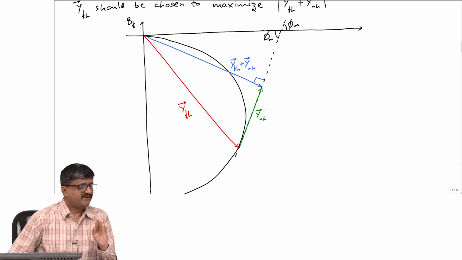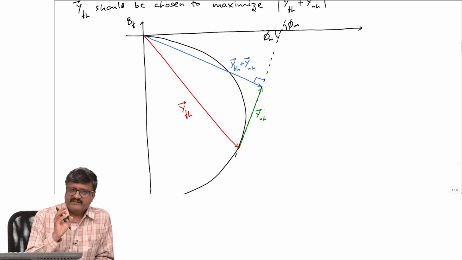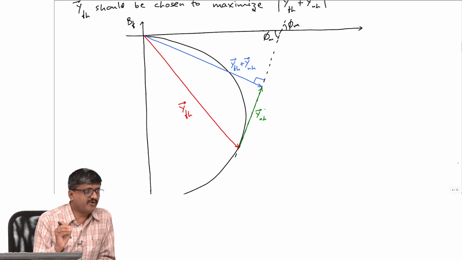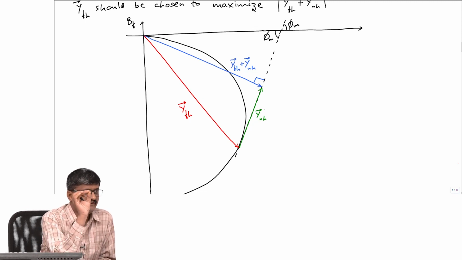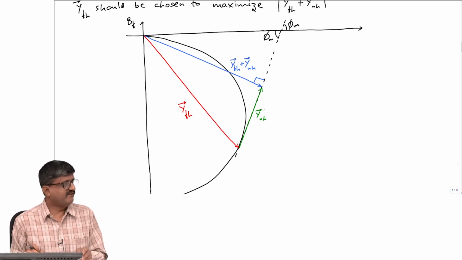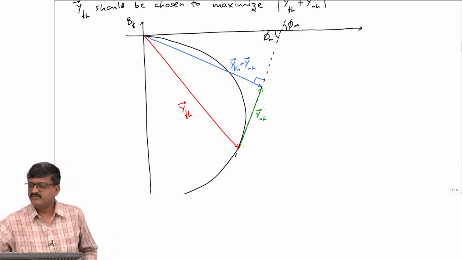So, see, please note, even if you take impedance, if I know the resistance and the effective reactance, it does not mean I know what is L and what is C. I just know what is X, which is omega L minus 1 by omega C, that is all. I still do not know what is L, what is C. Now, there are infinite values of L and C which can be chosen to get a given value of effective X. So, the same thing is here. So, just by knowing the value of Y of h, I do not have the parameter values. So, how to get the parameter values?